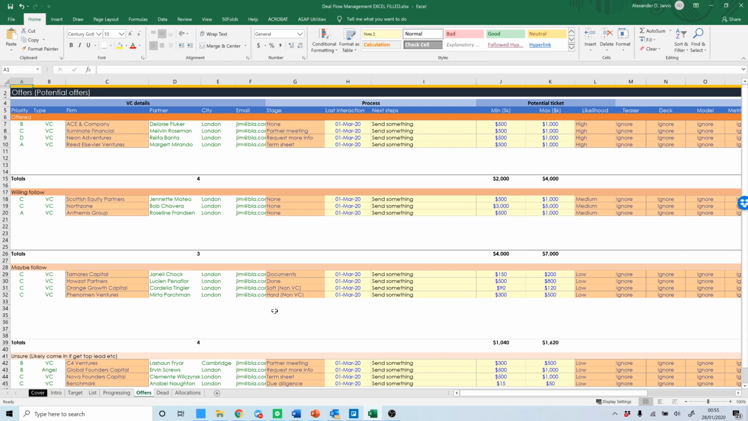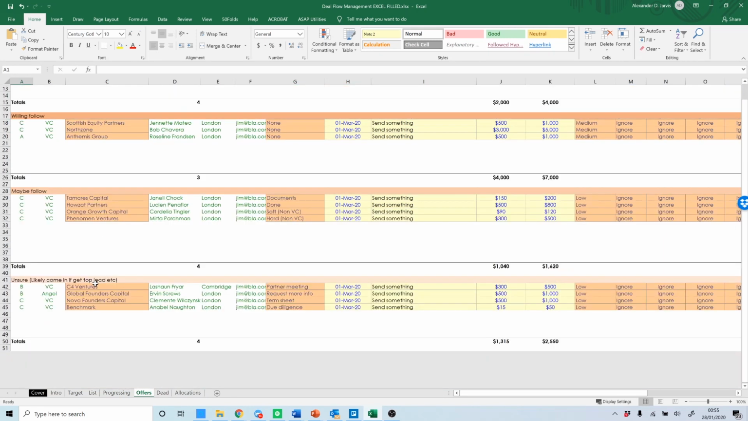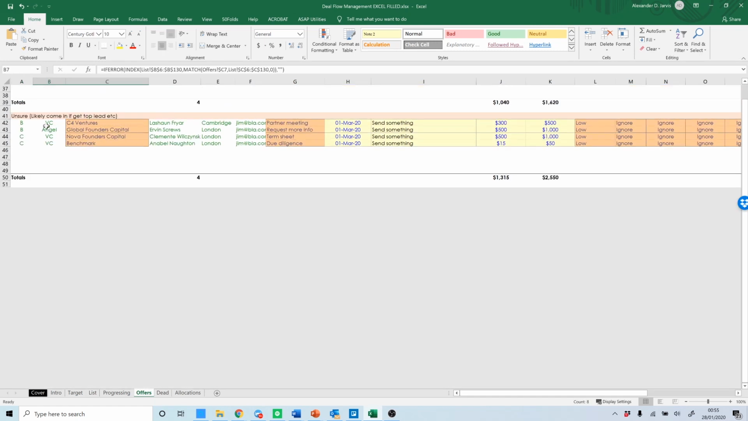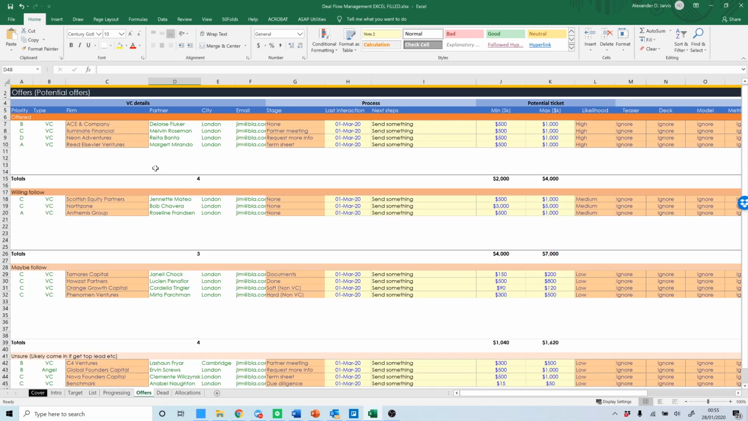Now, this is based off what I literally use myself when I've been raising. I don't really know why it's offered, willing follow, maybe follow, unsure. I came up with it when I was doing it. So you decide what it means to you, but it's basically like they are giving me money. If they get money from someone awesome, they'll probably come in just because they're sheep. And they'll come in because whatever Excel and Sequoia and those are in the game, suddenly they all break. So,